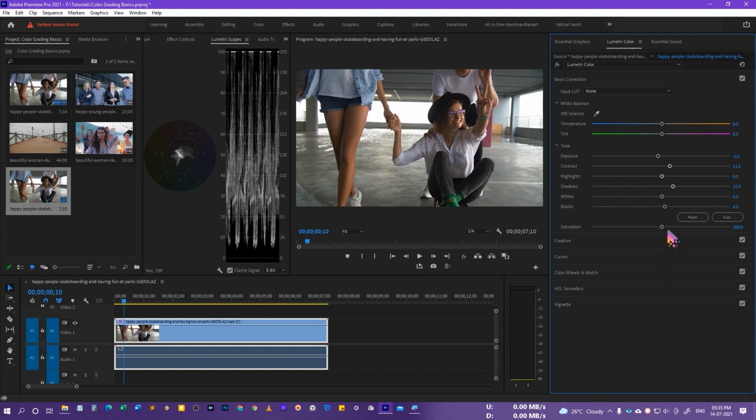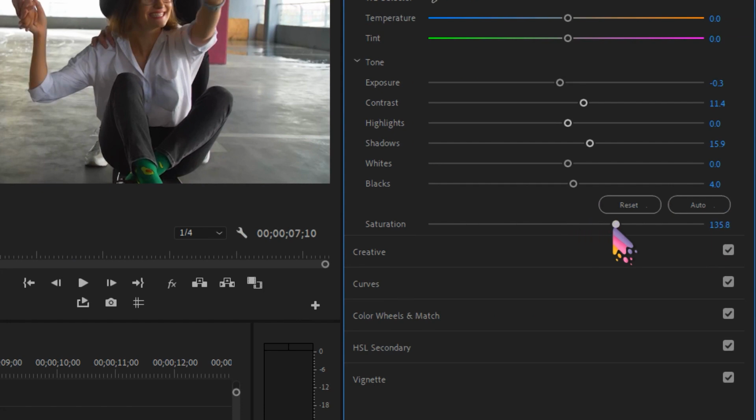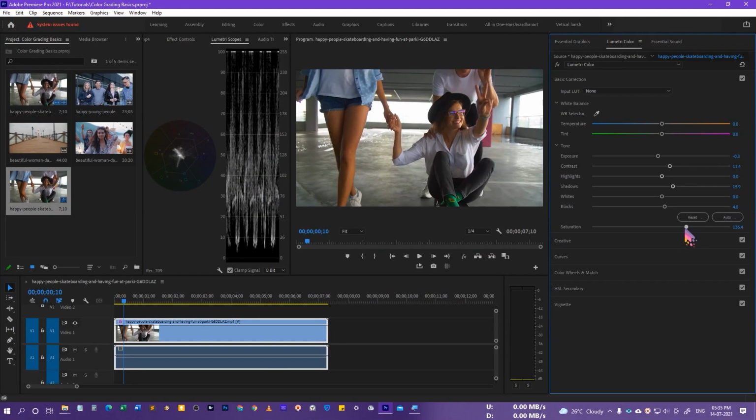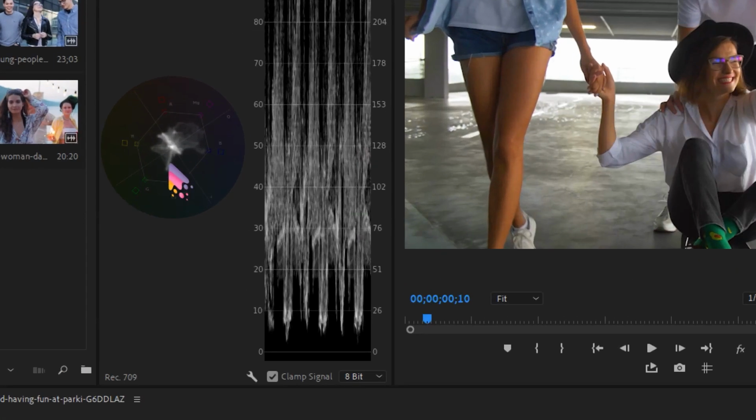And then we have the option to adjust the saturation. So we can increase the saturation, or we can lower down the saturation. Okay, so if we drag it to the 0%, that's going to make it black and white, and if we drag it to 100%, it's going to introduce lots of colors. All right, and this second wheel, you can see this second wheel, this is very important. It shows the saturation of the colors, and this is going to be very helpful for adjusting the skin tone, or in order to get the perfect skin tone, this also helps us.